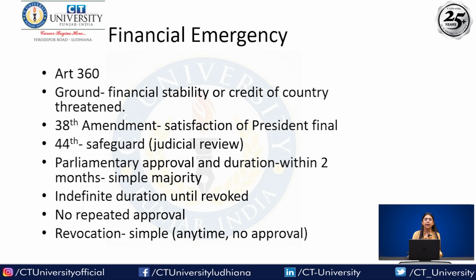Now earlier what happened, that once this emergency was declared by the president, then the satisfaction of the president was considered final. It was not questionable. But by way of 44th amendment, the safeguard was introduced. The safeguard was that it is subject to judicial review, that the satisfaction of the president can be subjected to judicial review. So once again it is issued, within 2 months it is required to be approved by way